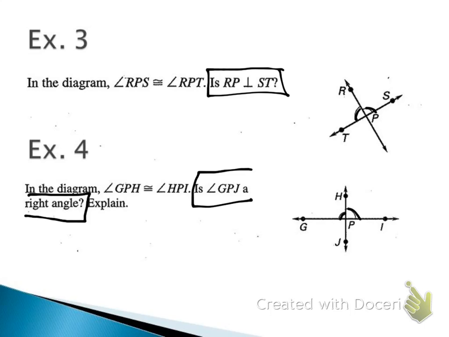Alright, so this goes back to the third theorem we talked about at the beginning of today's lesson. We have two lines that intersect, and two of the angles formed are given to us as being congruent. Well, we know that these are a linear pair, right? They form a straight line when you put them together. So they should add to give me